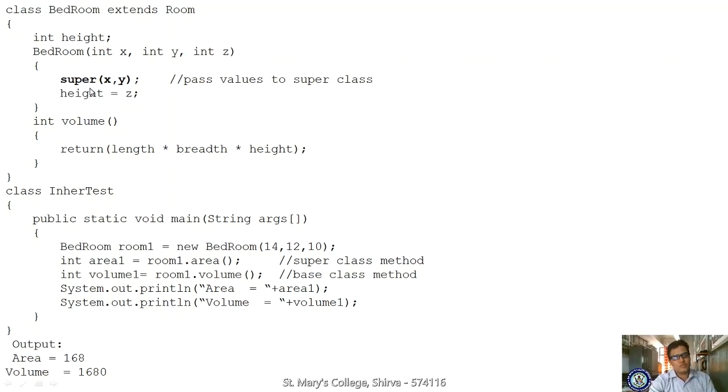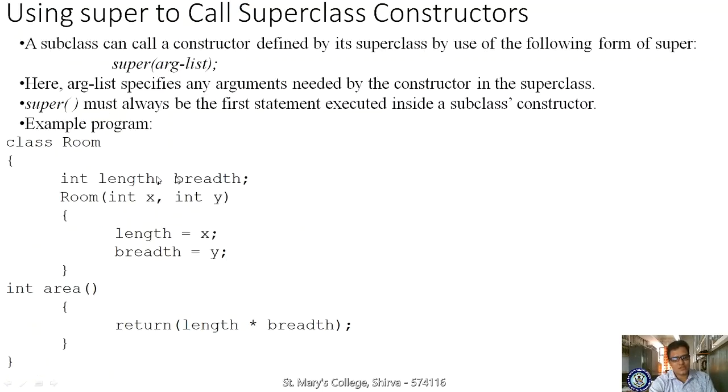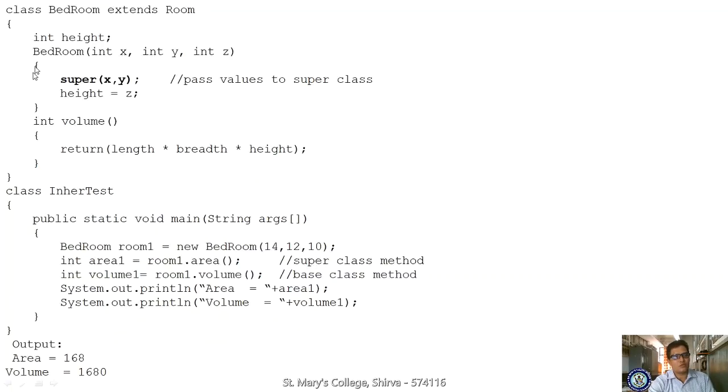This is a subclass, right? From the subclass, this base class constructor is initialized. I am passing the arguments of the base class constructor from the subclass. Okay, now I am taking one more method, int volume. In the volume you are processing return length into breadth into height. So you are returning the value of the volume of a box, that is length into breadth into height. Okay, here the class ends.